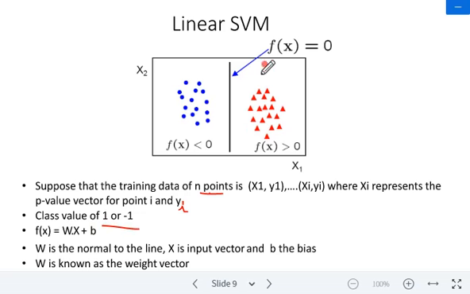That means the class is greater than 0, that is 1, or less than 0, that is minus 1.